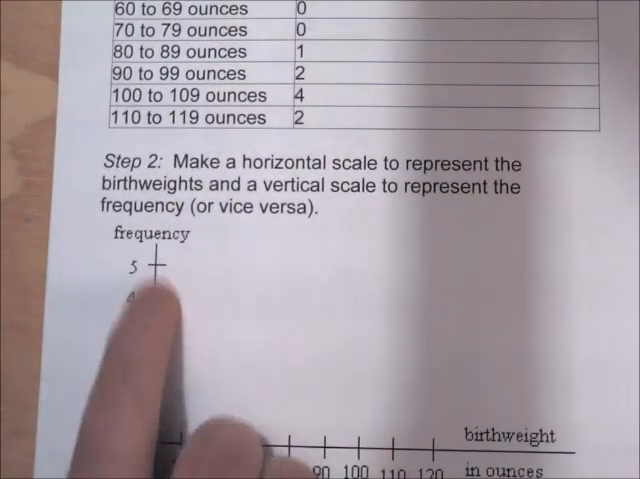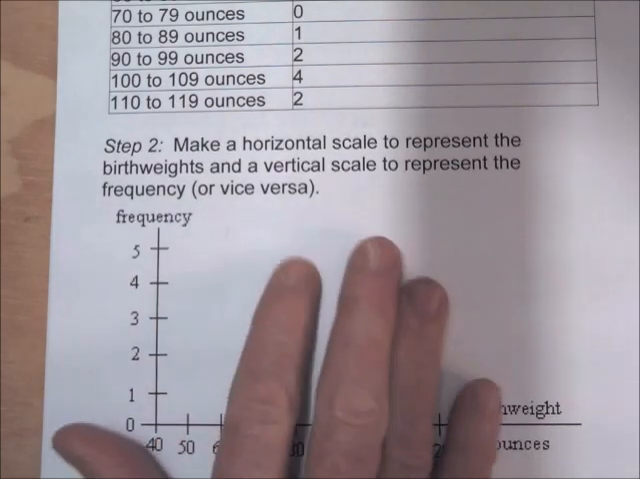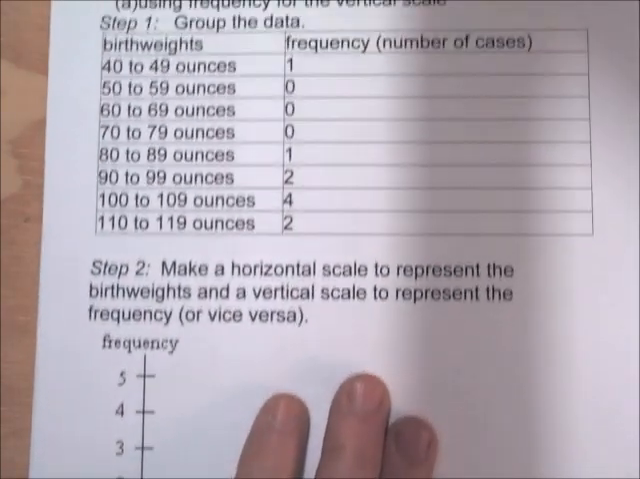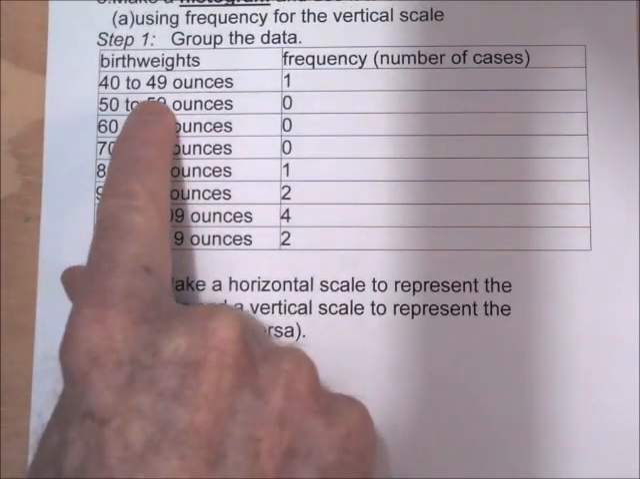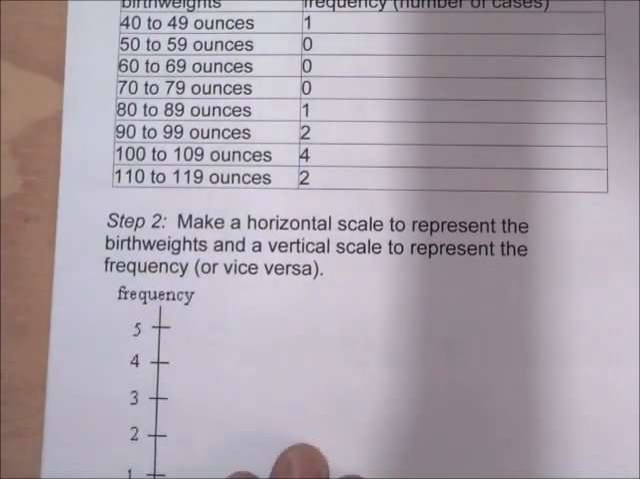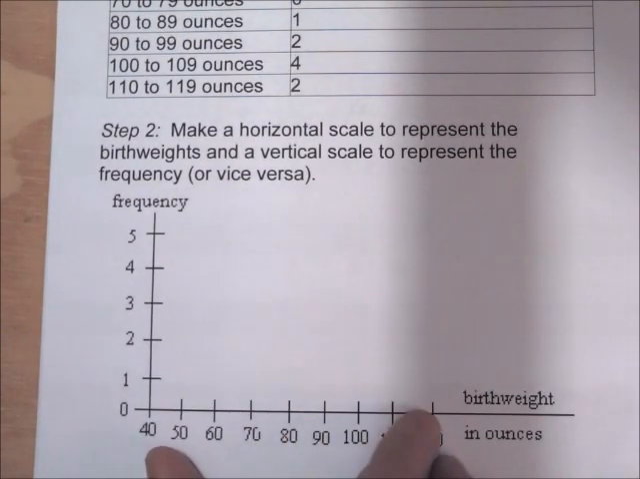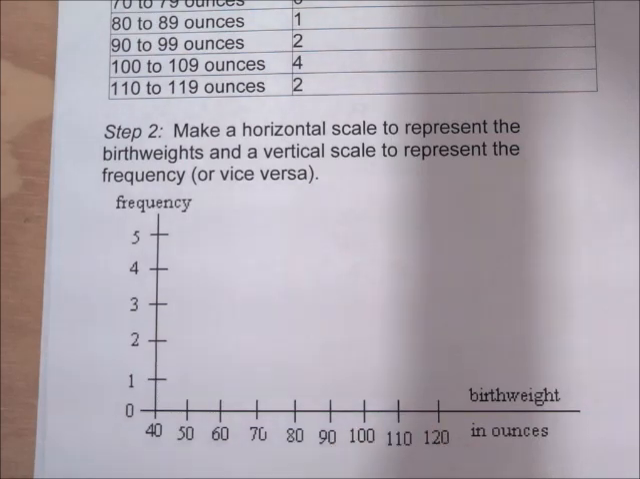I went up to 5, but at least go up to 4. And then the birth weights will start in the 40s, so we have to at least start by the 40s and go up at least to the highest birth weight of 114. But I went up from 40 to 120. Okay, so